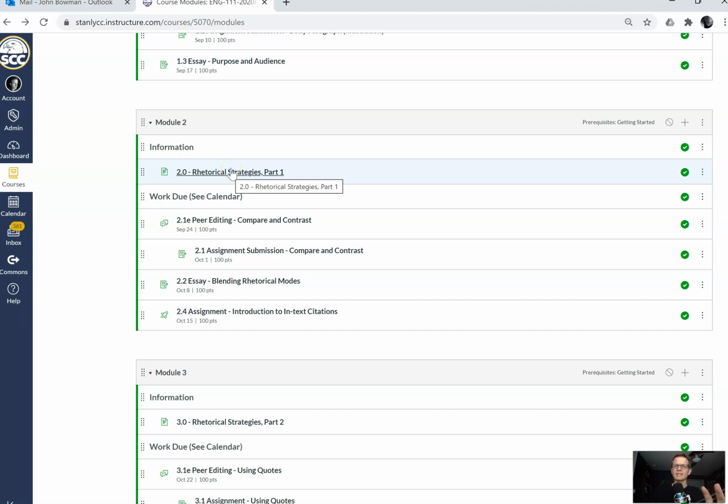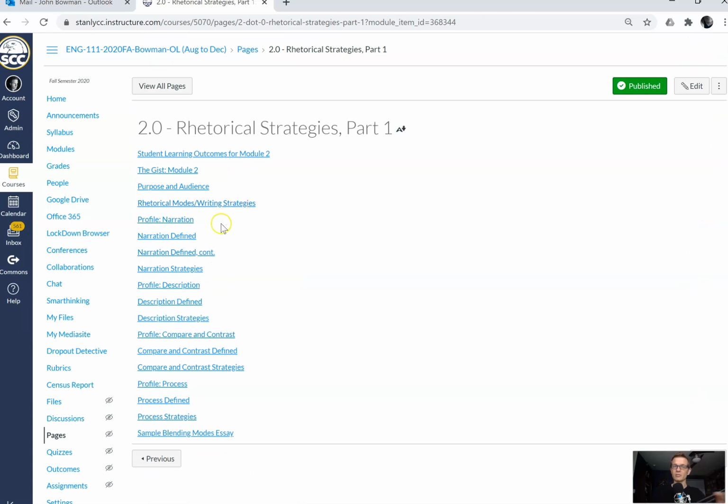So what I was saying in that session earlier, though, is as we move into rhetorical strategies, one of the ones that we will be addressing going forward will be narration. Narration often is coupled with description. And in this very first paper, Purpose and Audience, you're doing that intuitively. I'm not going to spend a lot of time on it because I don't want to preempt anything too much. But narration is a basic human strategy.